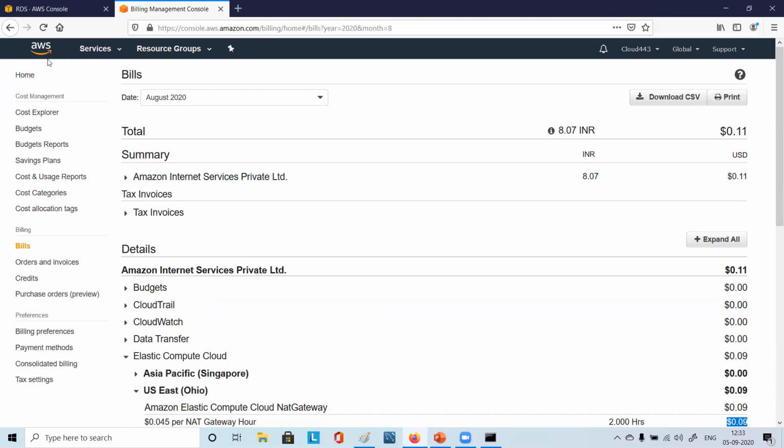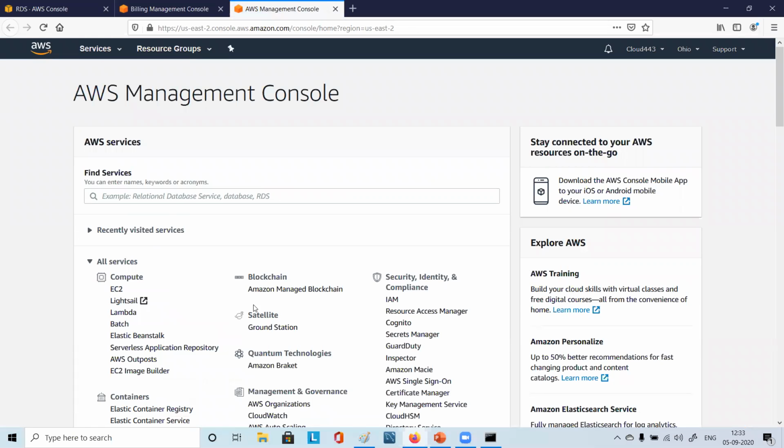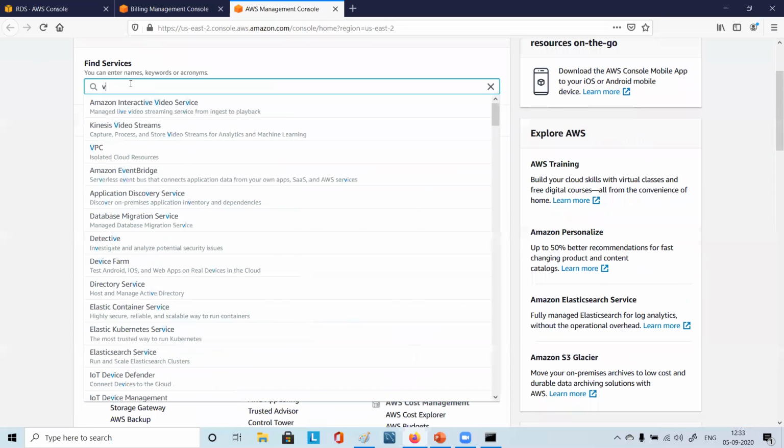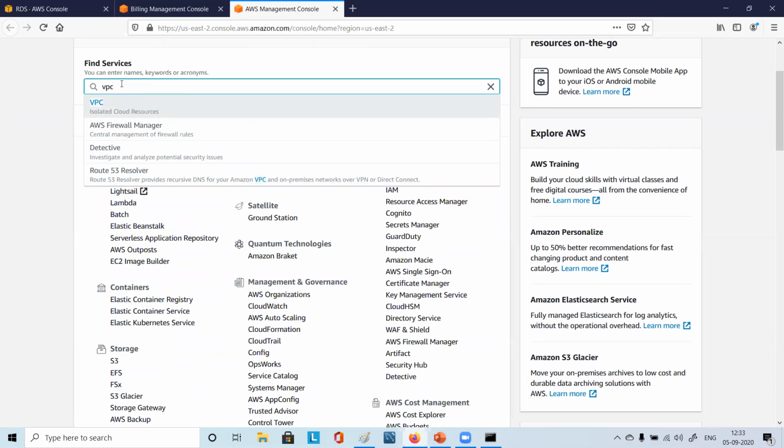Correct. See, you can go to the AWS homepage. There you go to where you find NAT gateway, Pradeep. NAT gateway will not be here. It is in VPC, right? So in VPC, you have all these gateways.